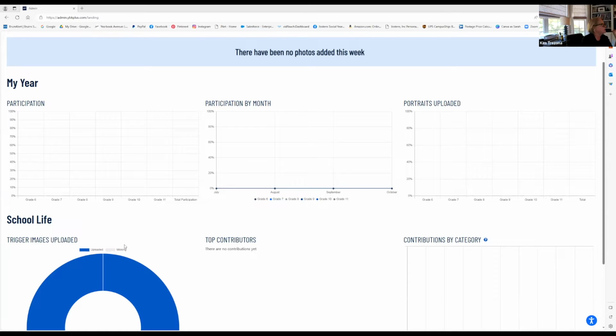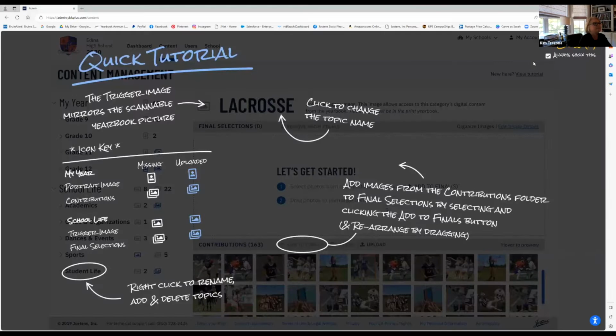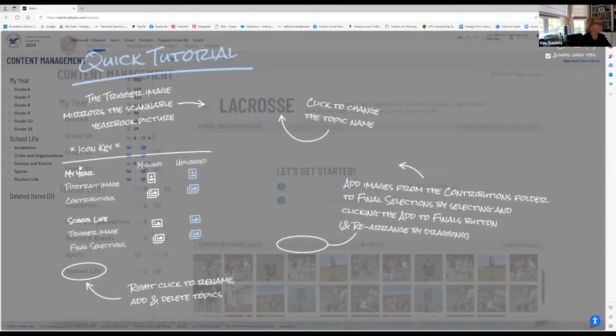Everyone, I'm going to do just a really short intro to Yearbook Plus so that everyone can see it. When you log in, you will notice across the top, there's dashboard, content, user, school, portraits, flag content, emails. Dashboard just shows you what's been uploaded. Content is something we definitely are going to have to talk about because content is where we're going to set